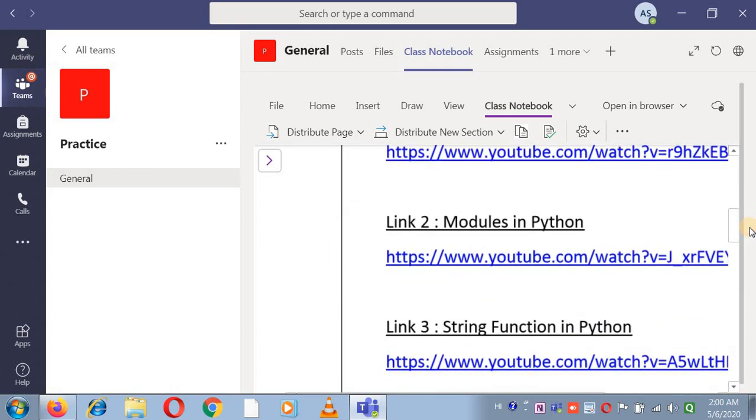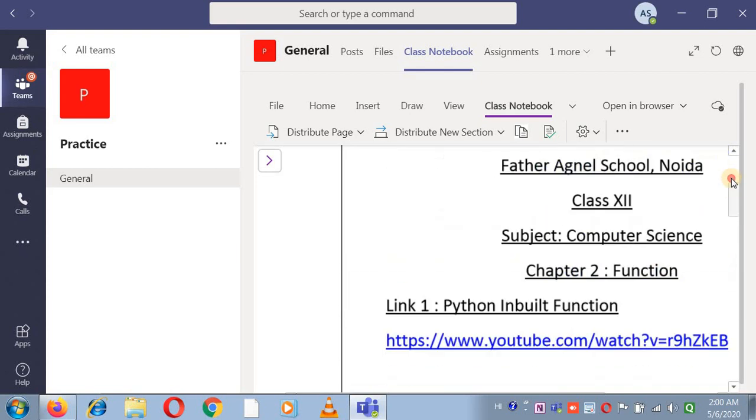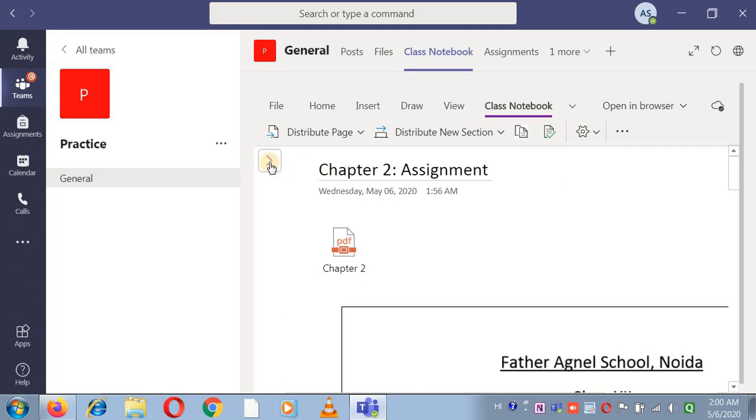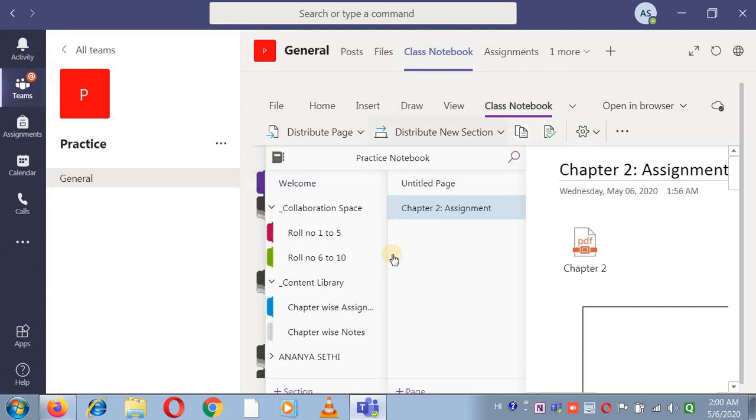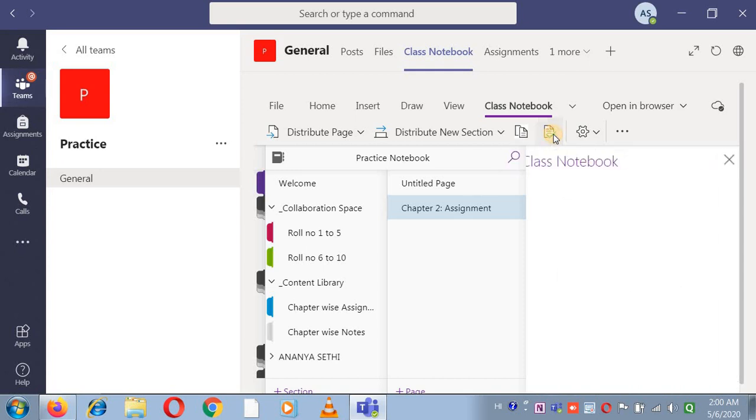They do the work in their notebook, they simply click photographs with the help of a mobile, and they can attach those photographs as you attach your assignments. For example, this is one of the photographs sent by the students. Now how will you check this assignment? I'll tell you: to review the work of the students, just click review student work, click here.